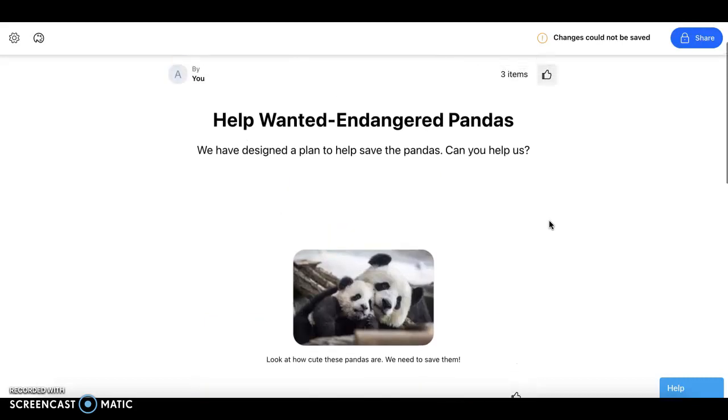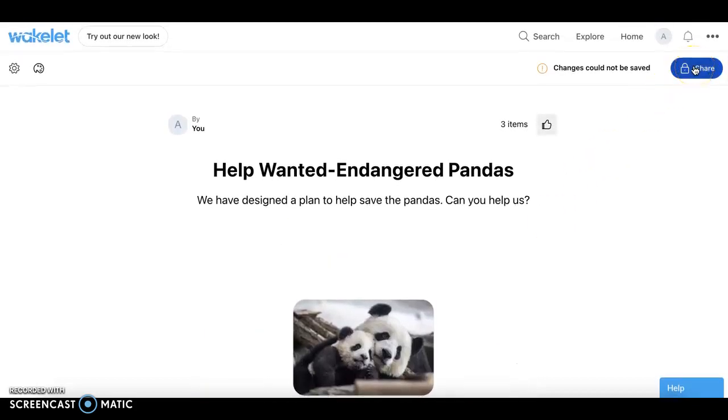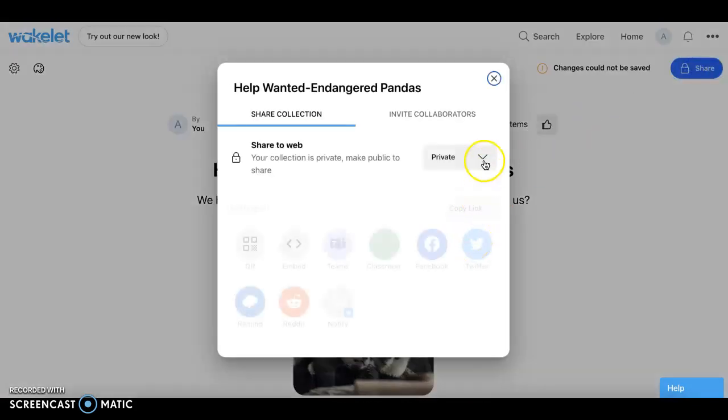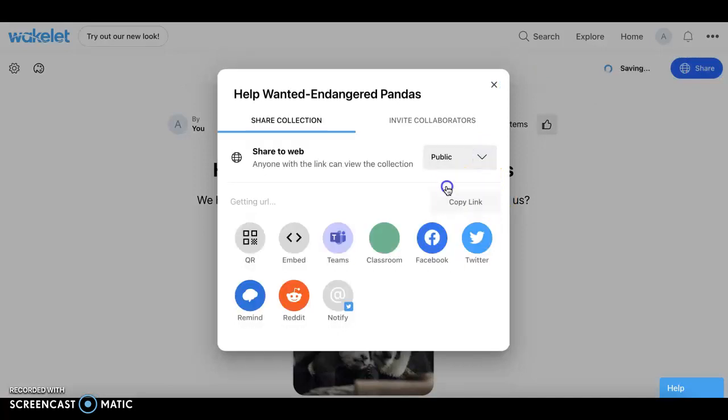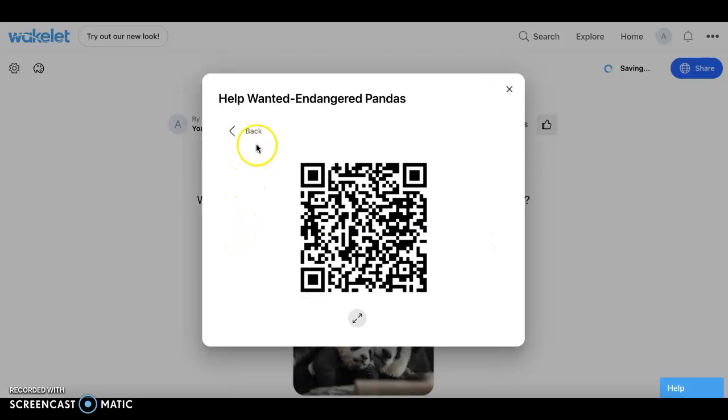And then once you're done, you'll come up here to the blue share button at the top, and you'll have to change it from private to public. And you can see there are many options that you can use to share. For this instance, we're going to share through a QR code. As you can see, it pops up the QR code. So you will take a picture of it,